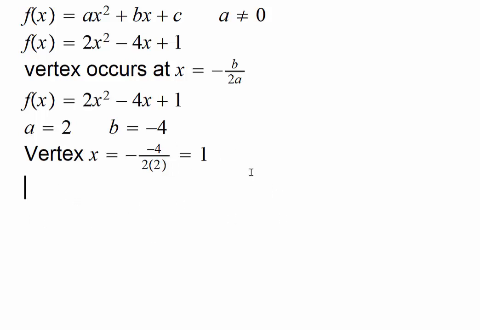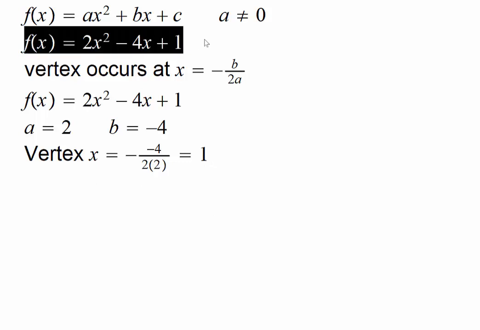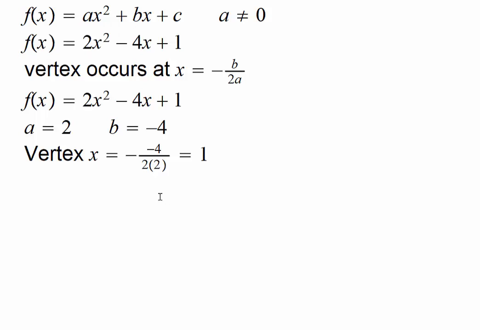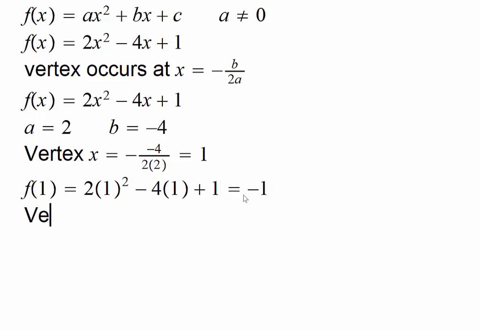The vertex occurs at the point where the x coordinate is 1, and for the y coordinate we can just substitute 1 in the expression. So we get 1 squared, then times 1 here, and if you evaluate it, it comes out to be negative 1. So the vertex is